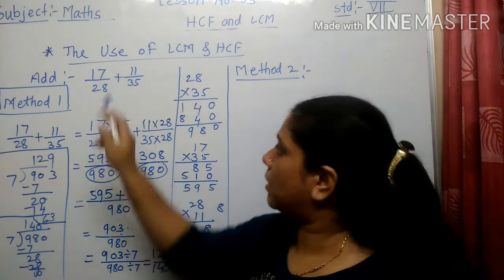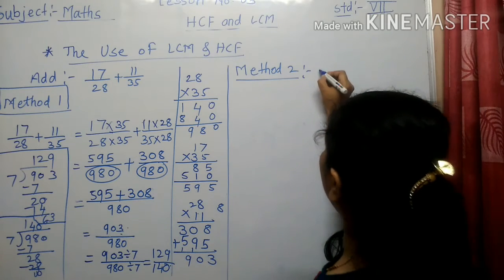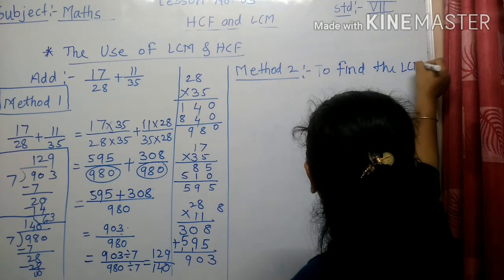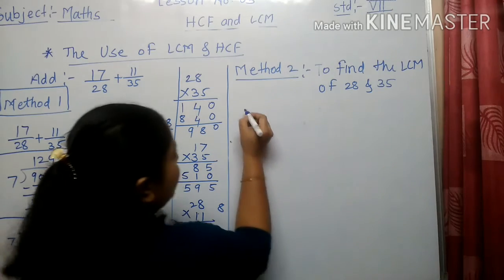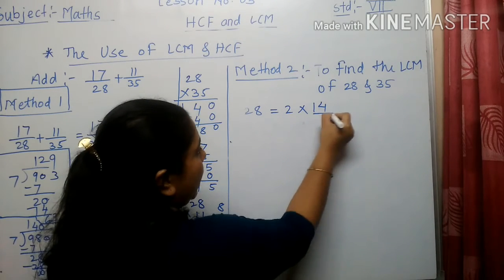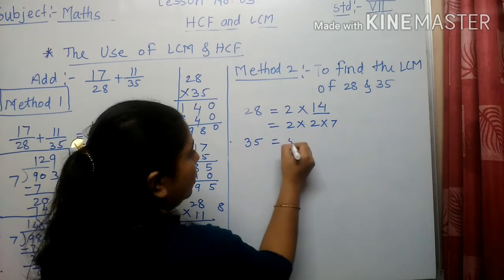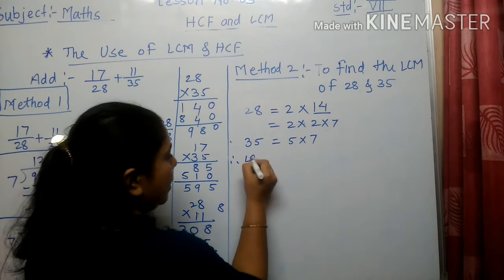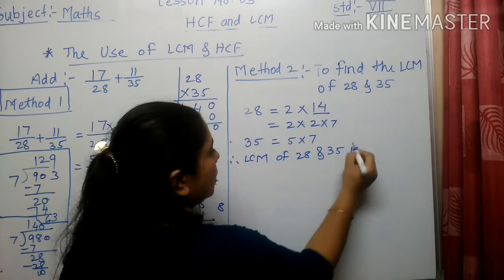Now which are the denominators? 28 and 35. First I will find the LCM of which two numbers? 28 and 35. So first I will find the factors of 28: 2 into 14, and again 14 is 2 into 7. For 35, the factors are 5 into 7. Now therefore the LCM of 28 and 35 is...